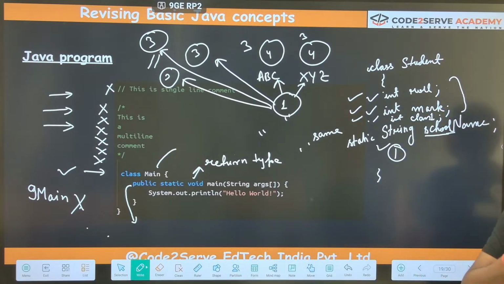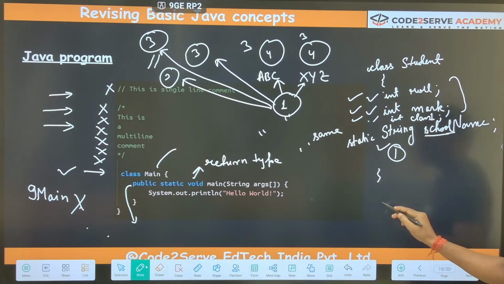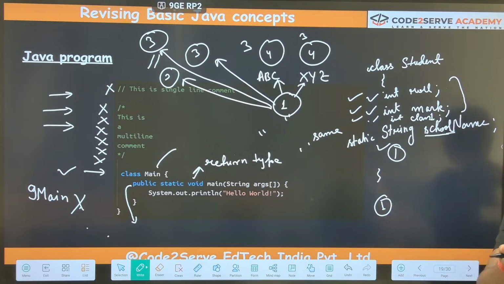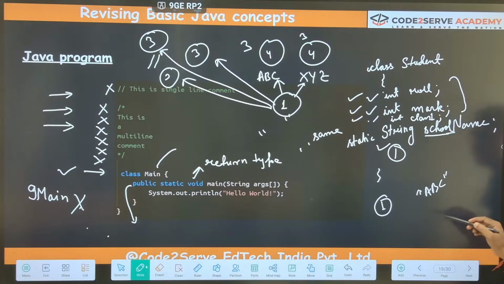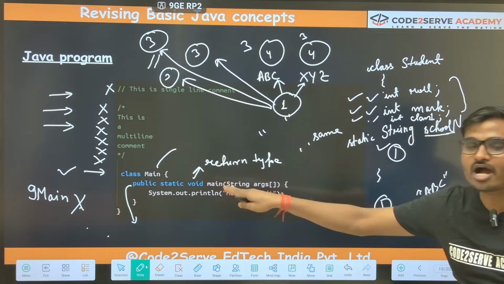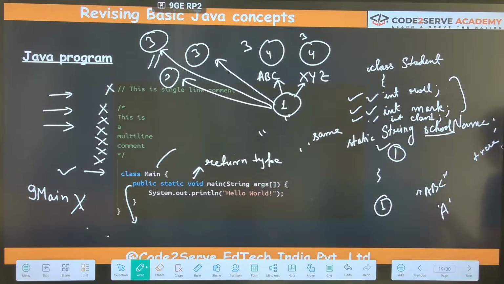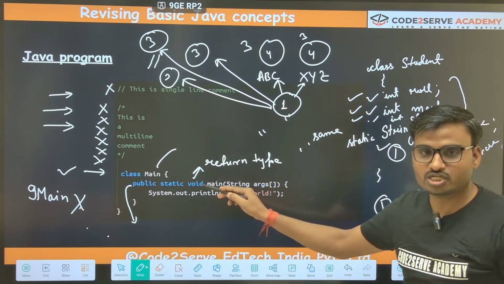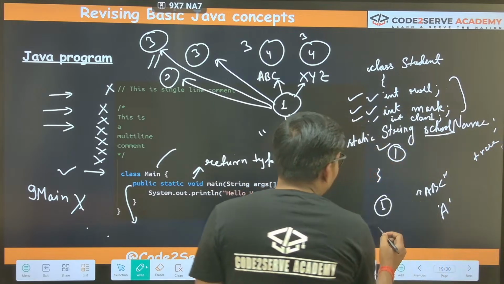Suppose you got some integer value, suppose you got 1 as a return gift, or you got ABC as a return gift, or you got character A as a return gift, or you got true as a return gift. So these mean you have some type of returns. Void means no return, nothing is being returned from this method. Whenever you have 1, 2 or ABC, that means your return type will change. So for this, return type will be int.